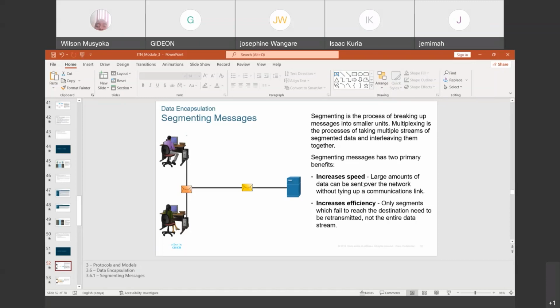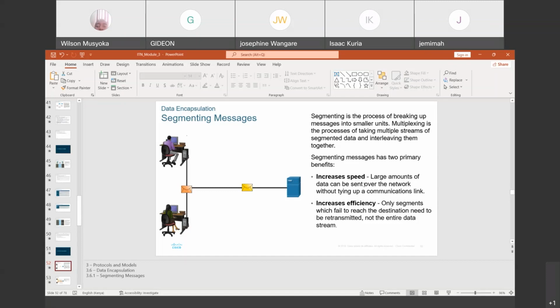And it also increases efficiency in that only segments which fail to reach the destination can be retransmitted and not the entire data stream. So that is why we are doing segmentation at the fourth layer, so that we can break down the message into smaller units and then ensure that we can multiplex it, or we are going to take those multiple streams of segmented data and interleave them.